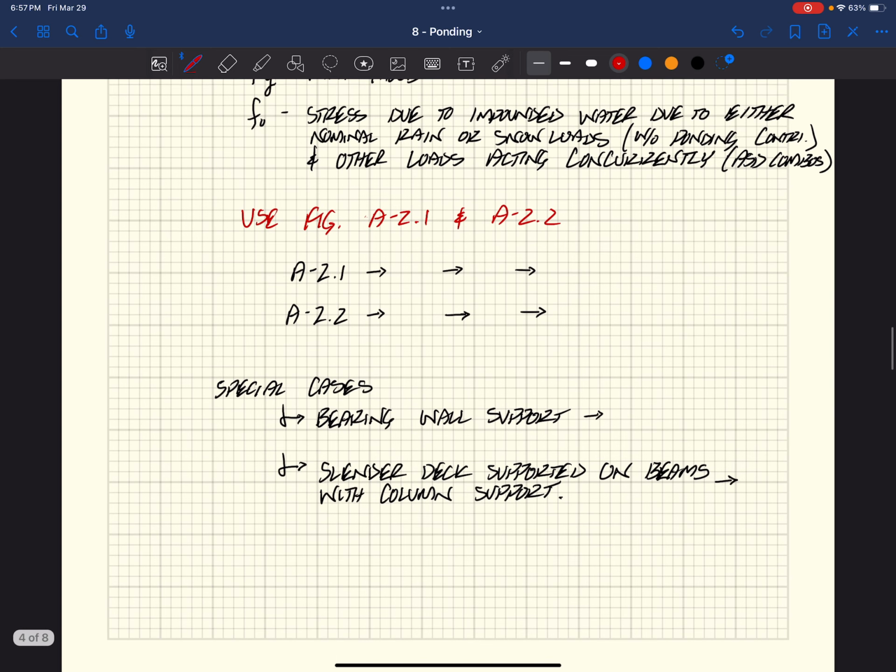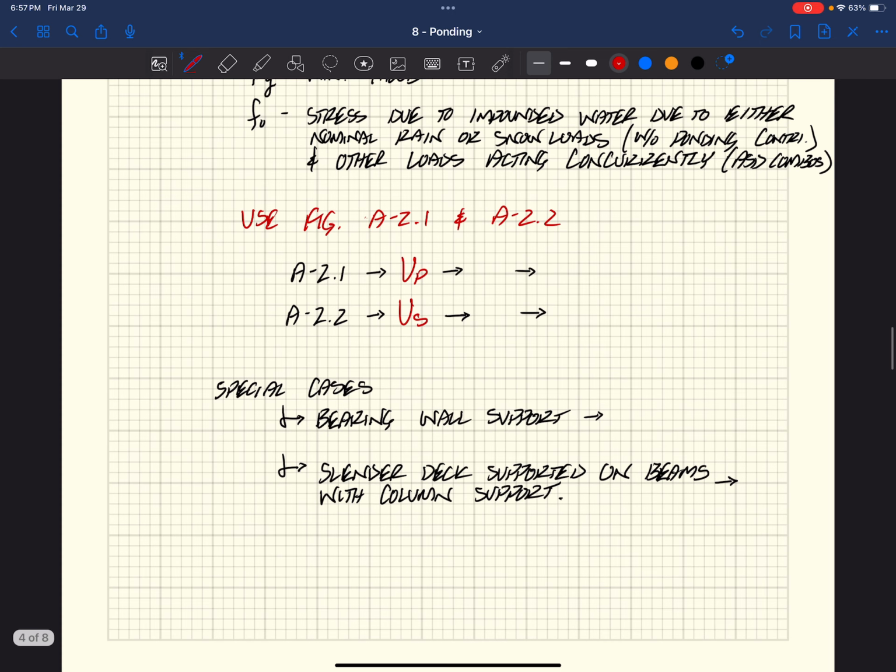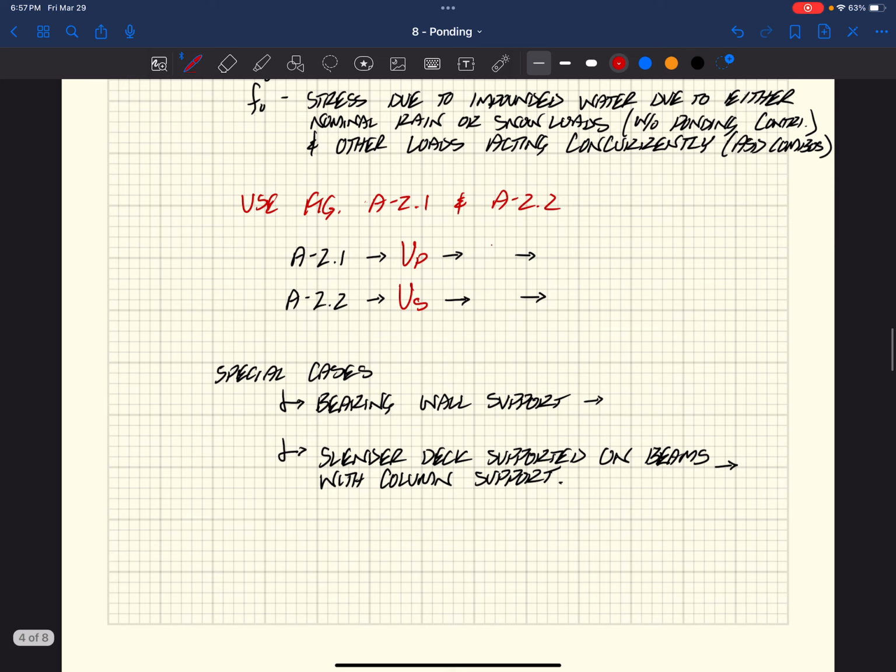And we go into those figures with either UP or US, the primary or secondary stress indices. Then from UP, we utilize our CS, and out pops at the end the upper limit